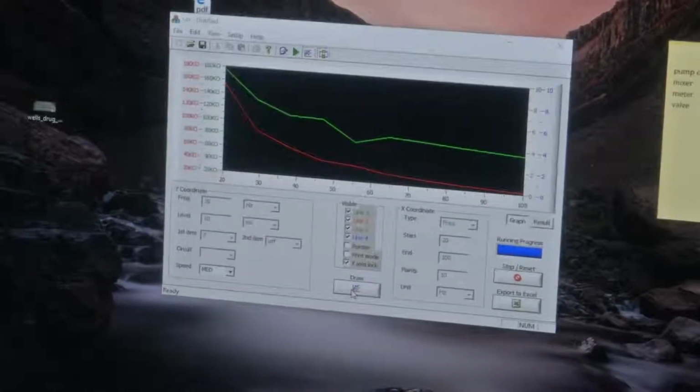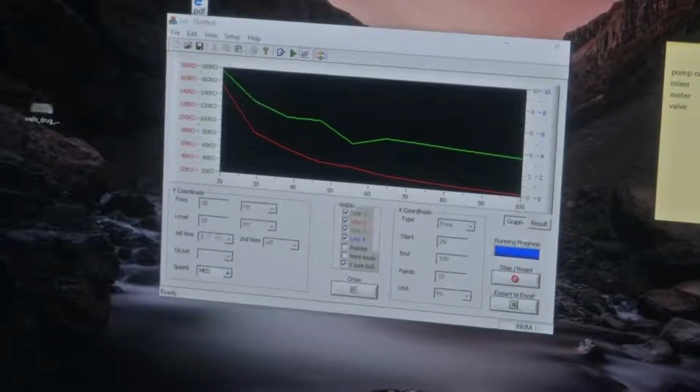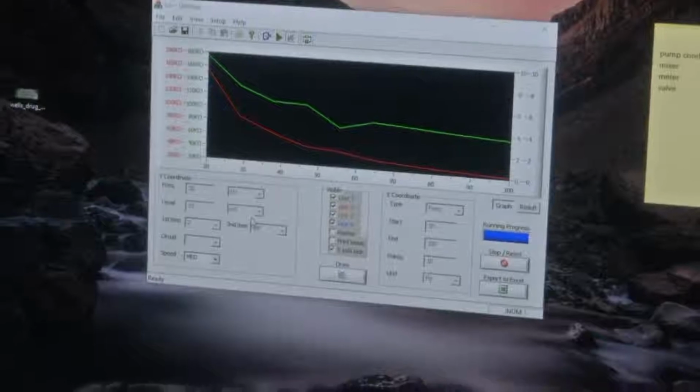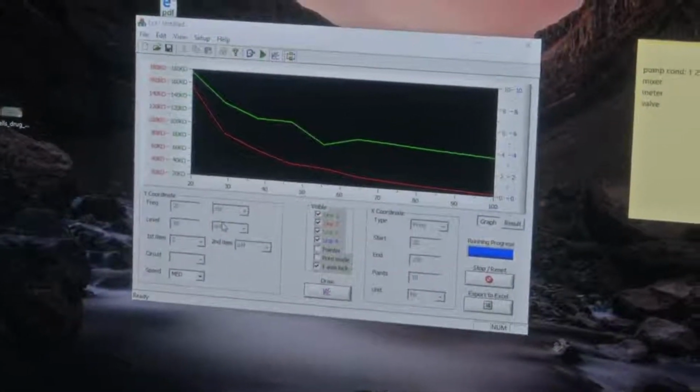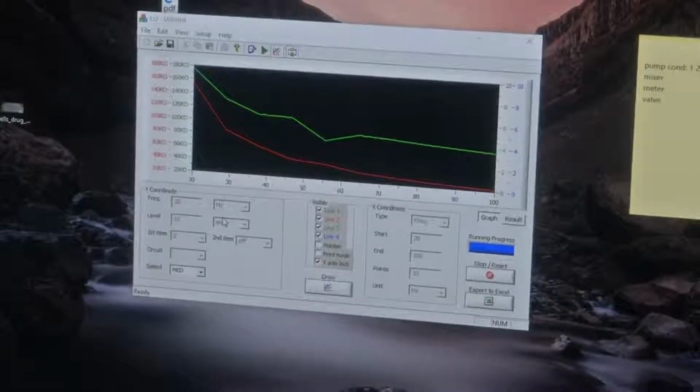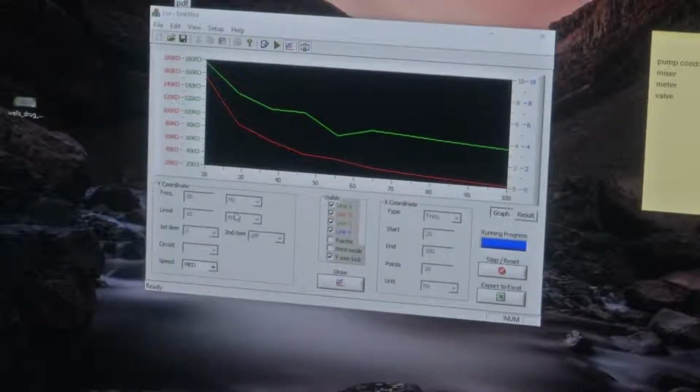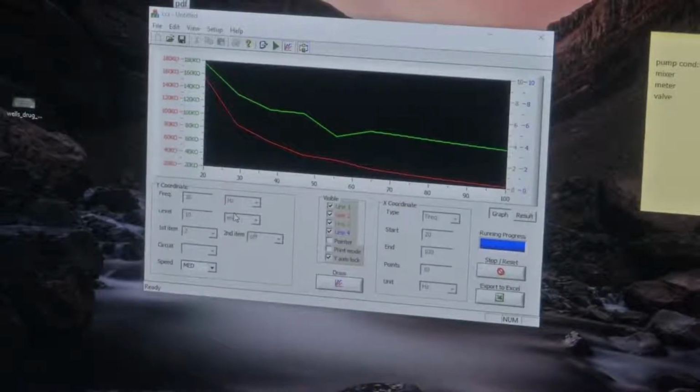So this was using the DI water. This green line here indicates the impedance measurement over this frequency from 20 Hz to 100 Hz, the impedance measurement of DI water, and the red what we see here is the impedance over the given frequency range when you apply 10 microvolt across the two electrodes. So when you force 10 microvolts across this frequency, you can see the difference in impedance that the DI water gives and the salt water gives.